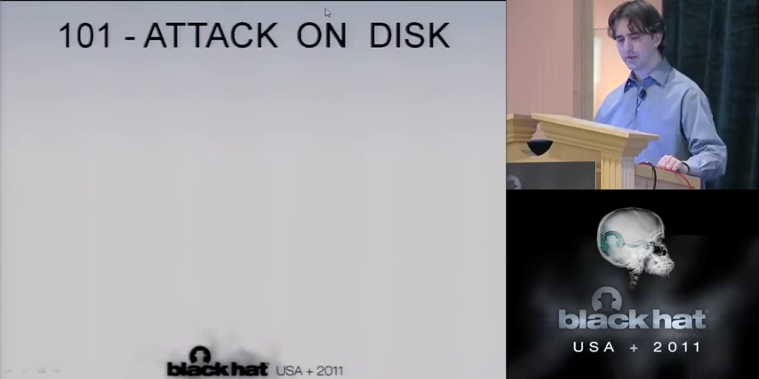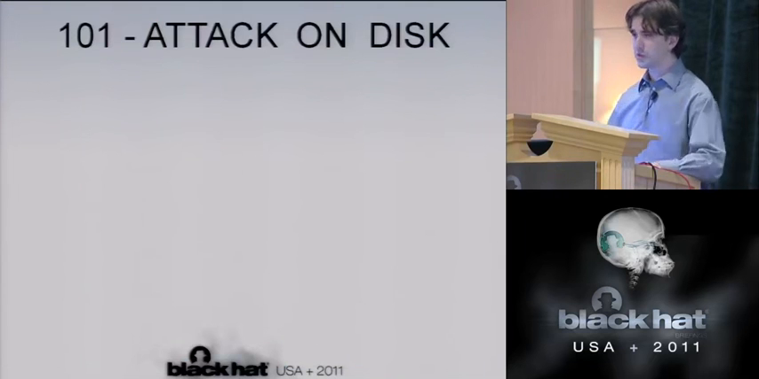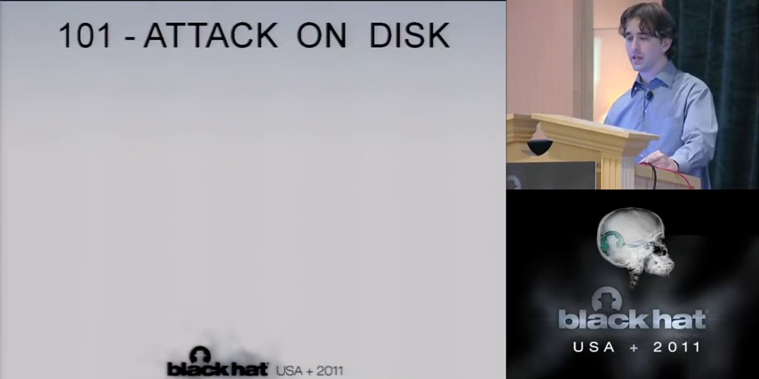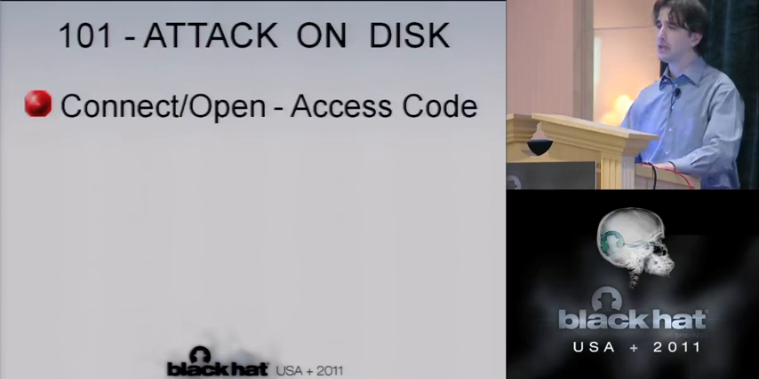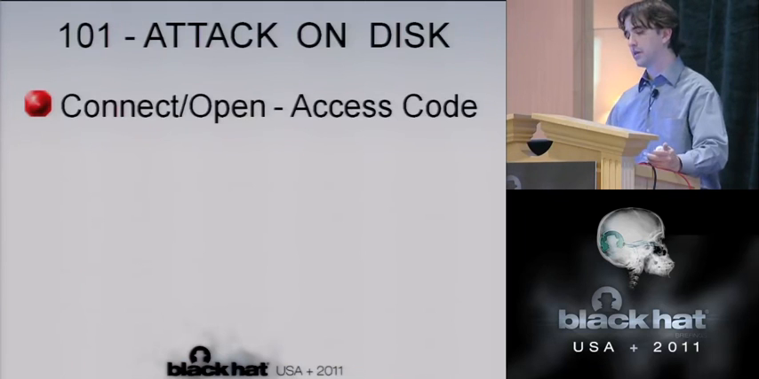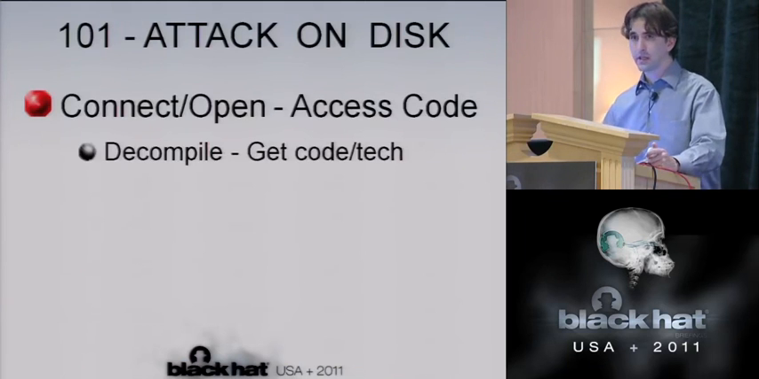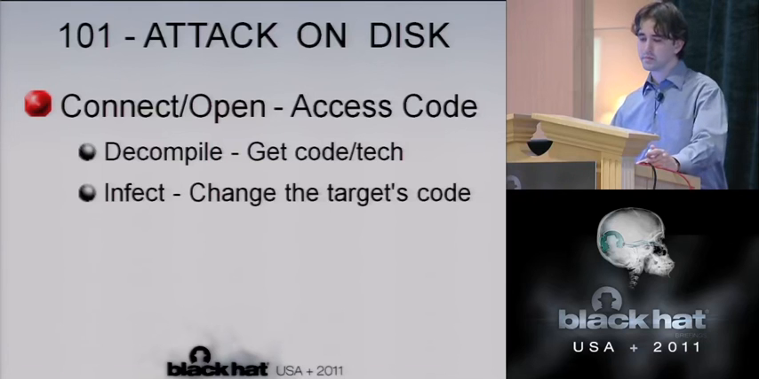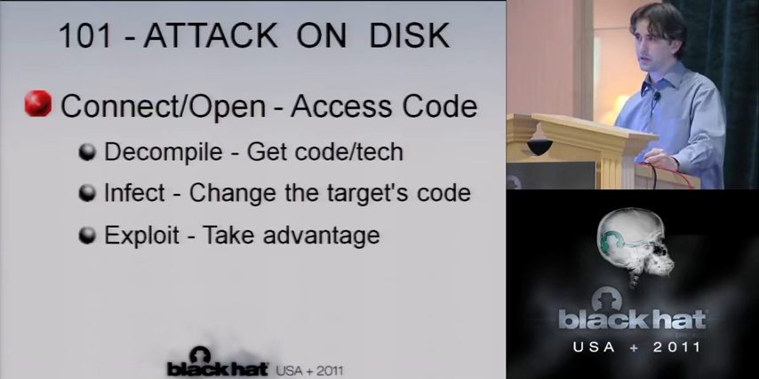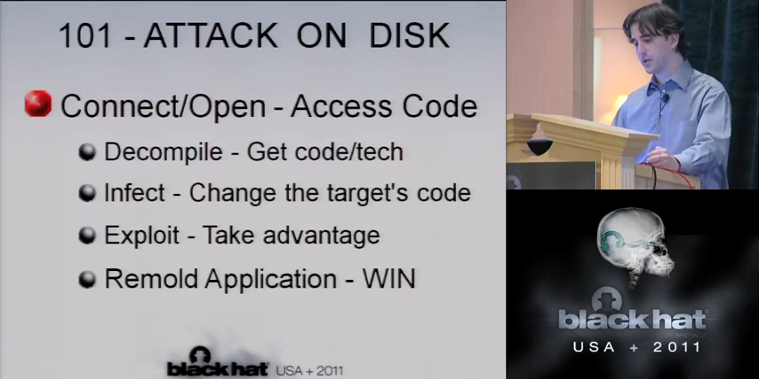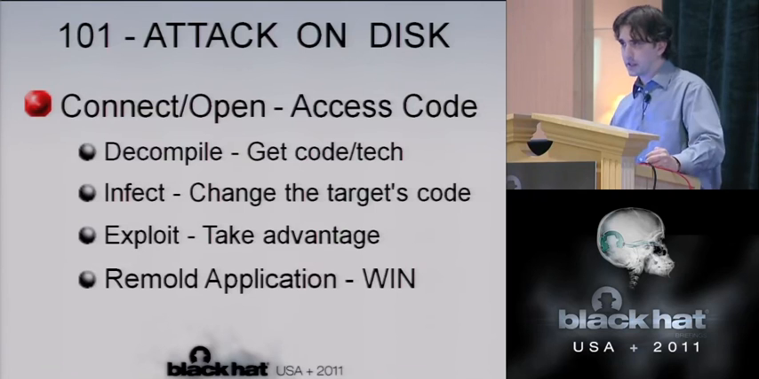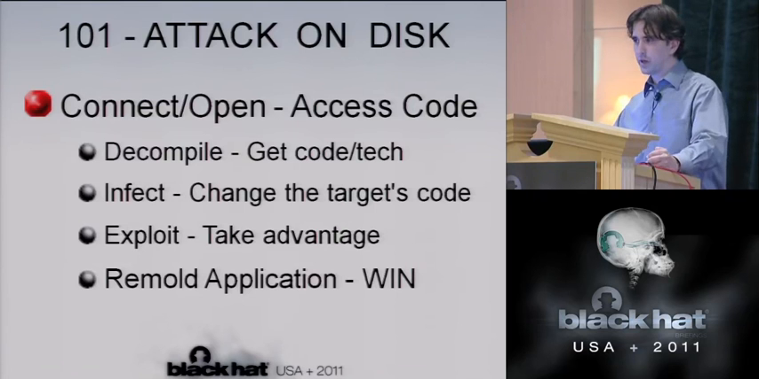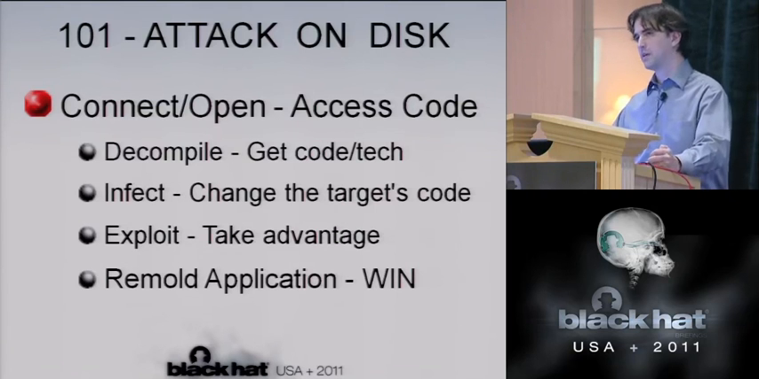I'll get more into Grey Wolf and the features that it has, but that's why it's faster. It's specifically tuned to get you into your application, get you to IL, and be able to change it. You're attacking on disk. You open and access your source. You decompile it, you gain access to its base technology. You infect it, and you change your target's code base. You exploit it to take advantage of its weak spots in code and architecture, and you remold it. That's it. It's pretty much a quick round trip, assuming that you're going up against a weak architected application with minimal